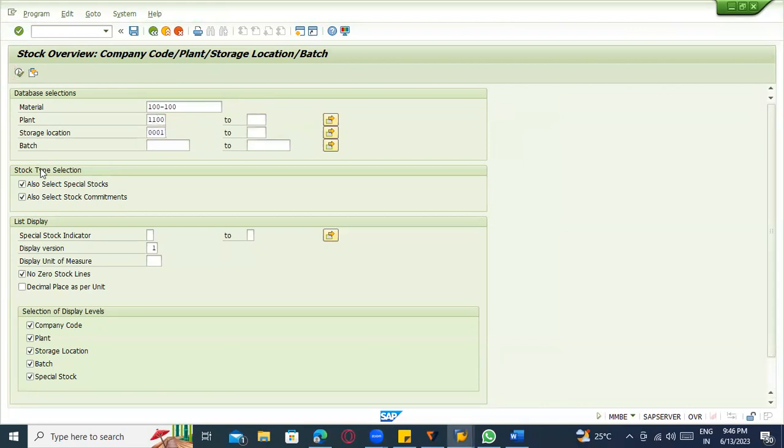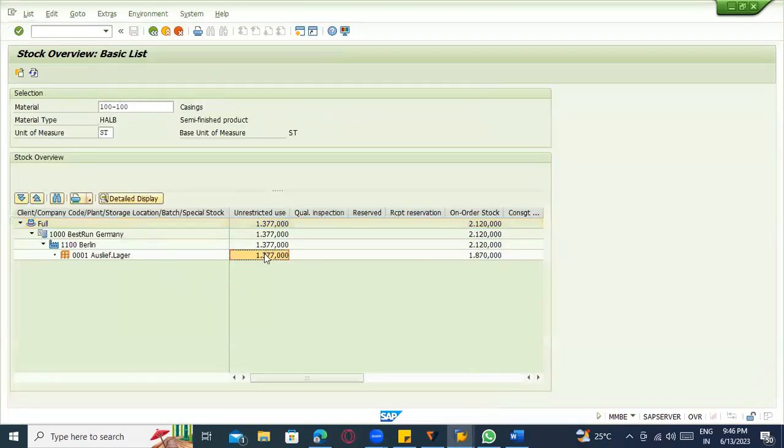Okay, plant and store location. You can see now 1377 it is stock, it is there. In the quality inspection we don't have any stock, and in the GR block stock, so block stock also we don't have any stock. Okay, block stock also we don't have any stock, and quality also we don't have any